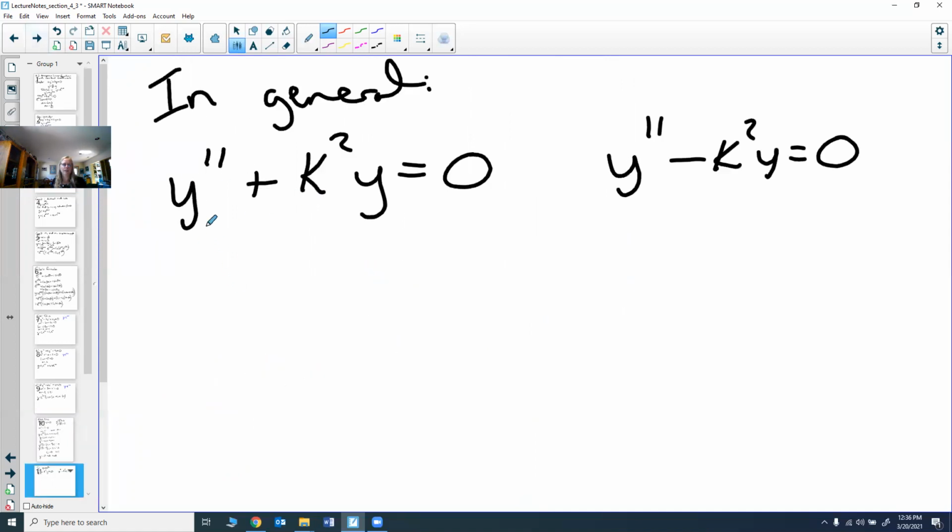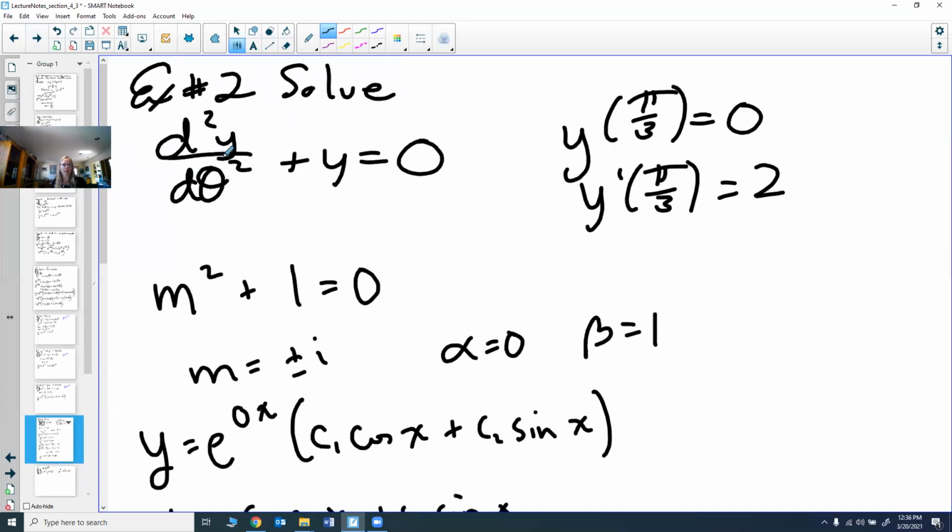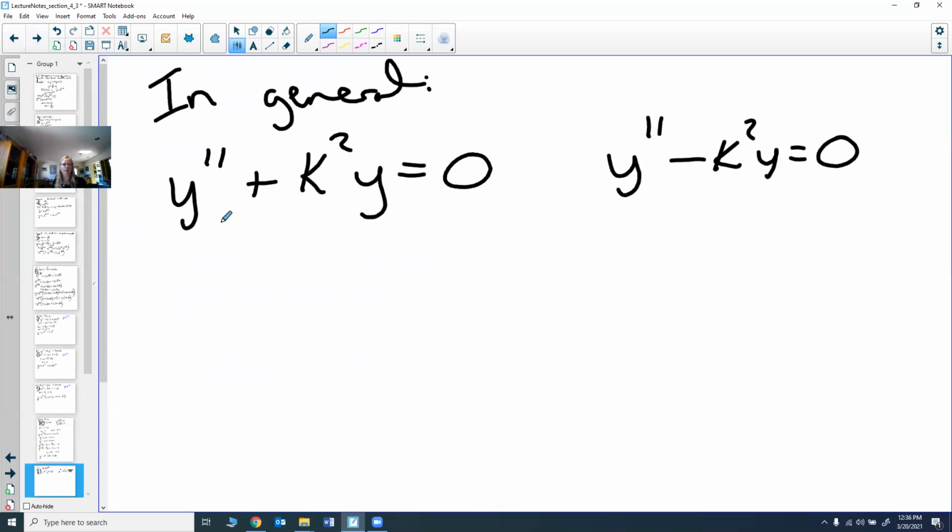One thing I just want to mention is, in general, this was an equation where we just had y double prime plus y equals 0. If you have the formula y double prime plus some constant k squared times y equals 0, or y double prime minus that constant times y equals 0, I want to talk about what the solutions always will look like. You can actually solve this. When you solve this, you will get complex conjugates, and you will always get c1 times the cosine of the